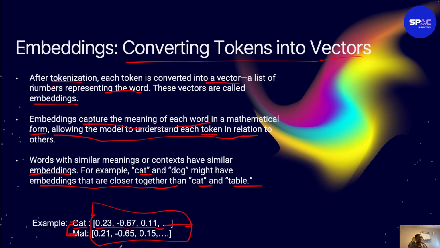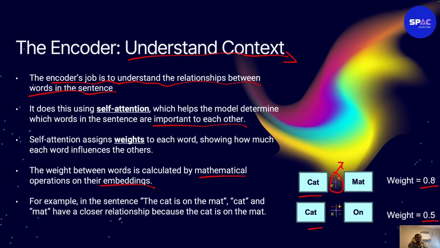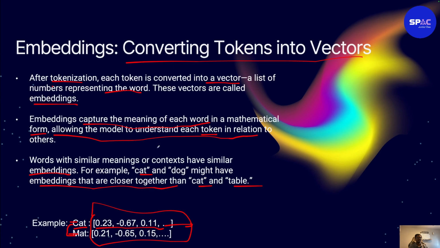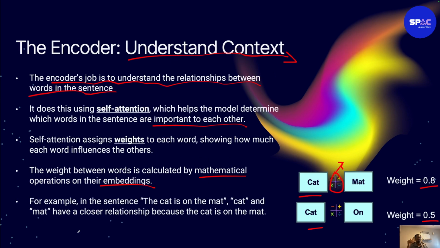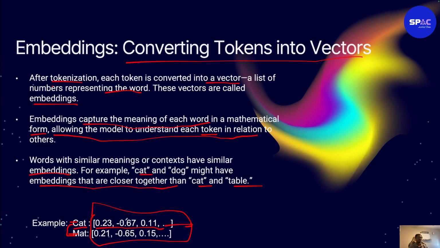So embeddings will represent each word or token with numbers, right? And when we have a lot of words with a lot of numbers, then we want to know which words are related, and that's what we use the encoder to do, right? To understand which word should come next. Again, when ChatGPT is writing something, it's actually predicting each word. Each word is doing a lot of calculation. So if ChatGPT says this is a dog, it will predict this is a dog. And how does it do that? By using these